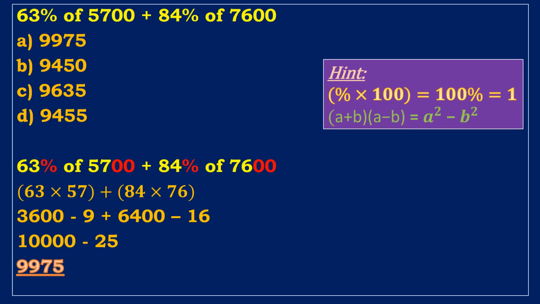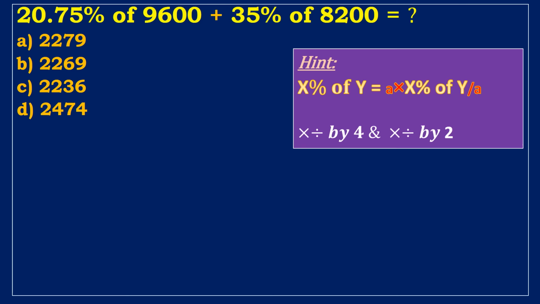10,000 minus 25 is the required answer, which is 9,975. Let's look at the fourth example to understand this simplification concept with the multiply and divide by constant concept. Simplify the equation: 20.75% of 9,600 plus 35% of